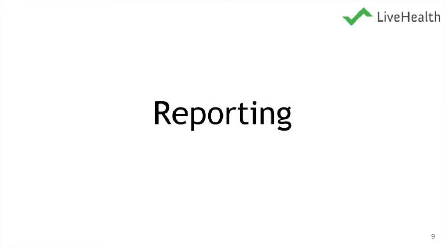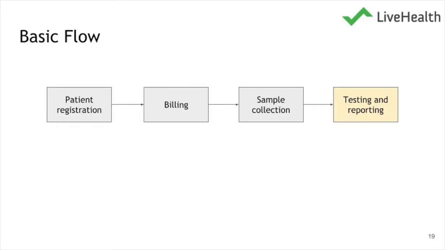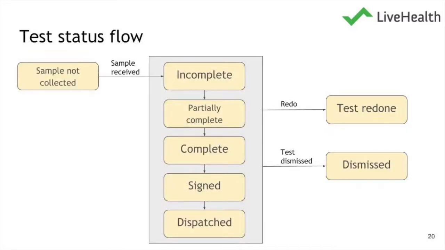Hello, so we'll see how to fill a report, and how to then dispatch the report from the waiting list. Once the report is accessioned by the accessioning team, the sample is then given to the lab team for processing that sample and filling the report. So we'll see what are the different statuses the test goes through during this process.